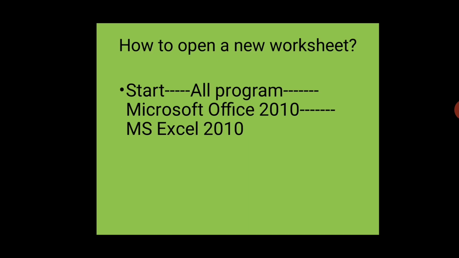How can we enter our data in a new workbook? In a new workbook, first of all, we will select our worksheet. After that, we will click in a cell. A cell is an intersection of a row and column. What is the meaning of an active cell? The active cell is where you are working, where your cursor is blinking, that is known as the active cell. You just click in a particular cell and enter your data.